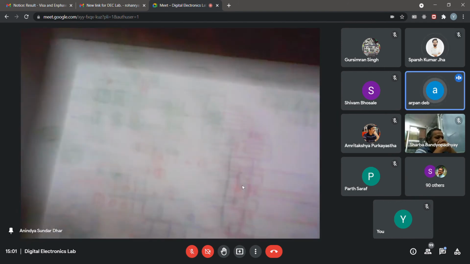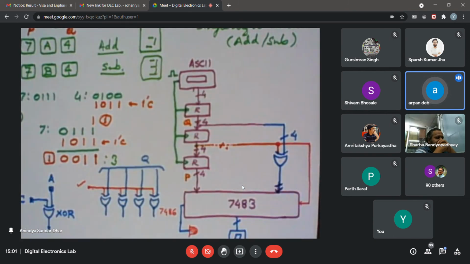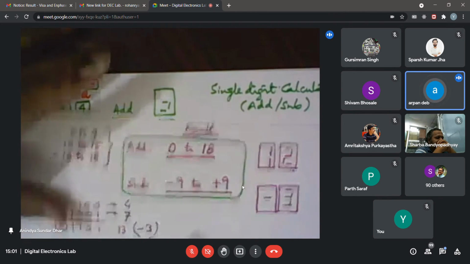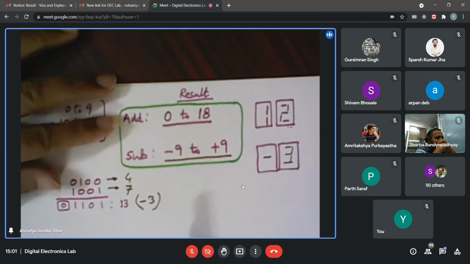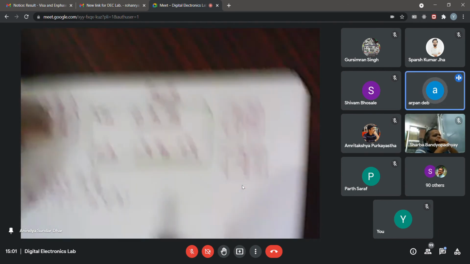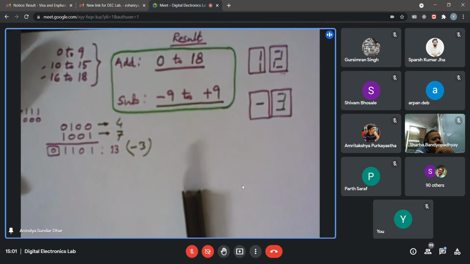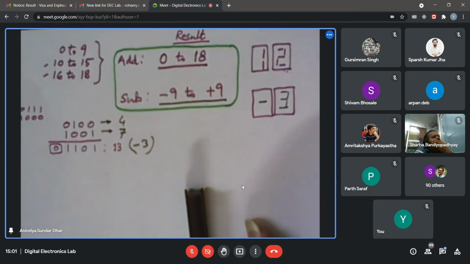Sir, for the challenge problem, which ICs can we use? Can we use other extra ICs? Any IC that you can find in your circuit maker. Okay, sir. And what will be the deadline of the challenge problem? Deadline, I am typically thinking of 2 weeks if you prefer.